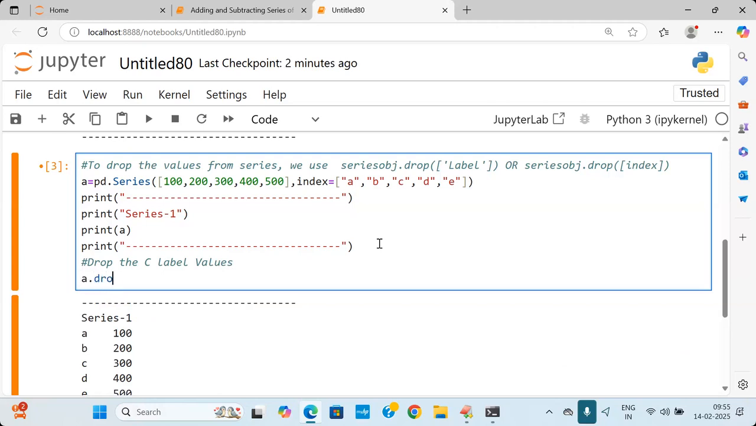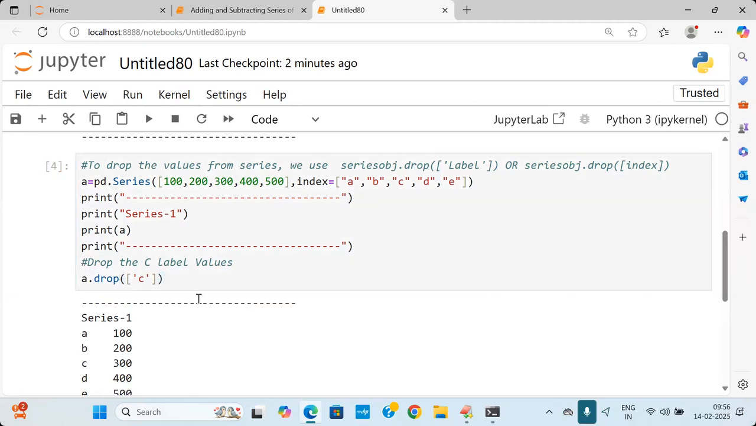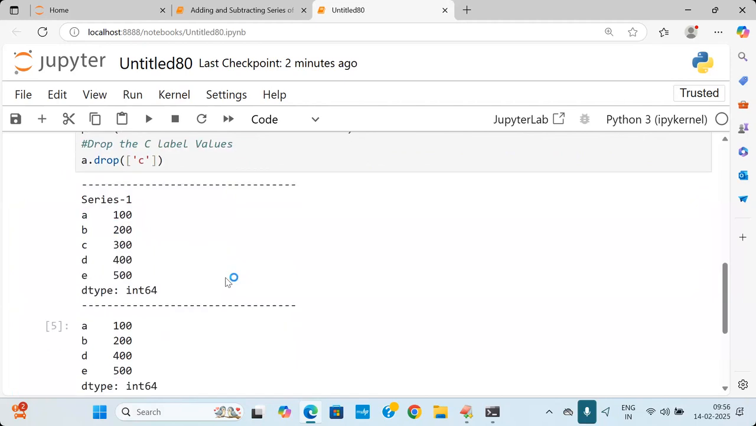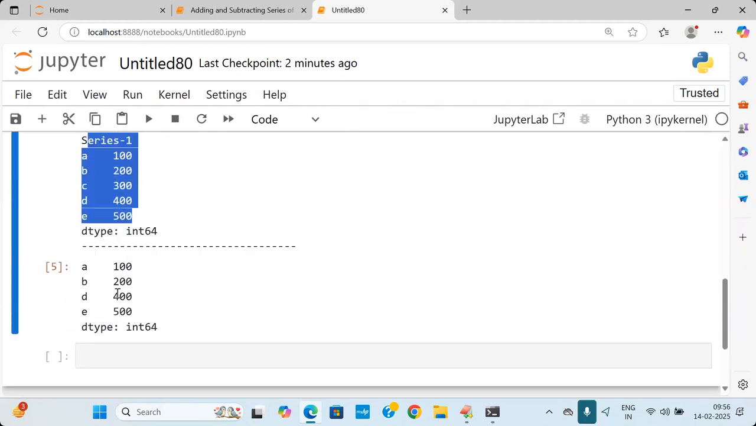Come on, A dot drop. I will write it as what? C. I will write C. I'll write like this. So what is happening? That will be dropped and that will be dropped. A dot drop. So it is going to contain, this is printed here, this is printed there, and in the